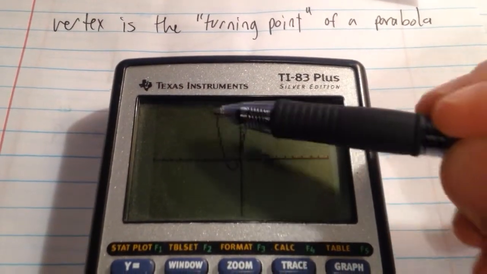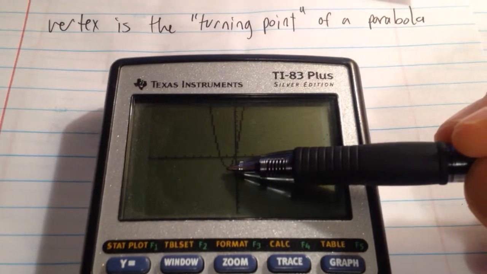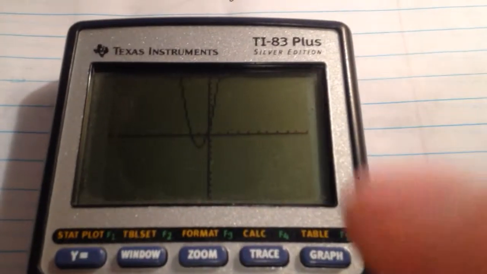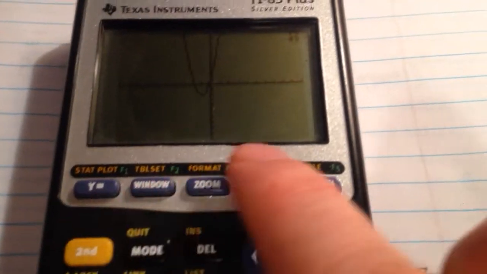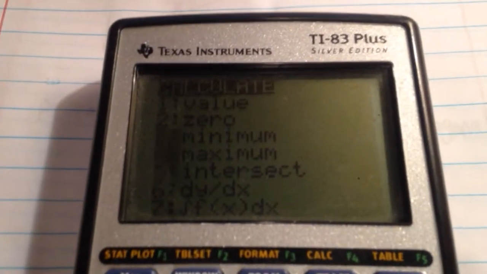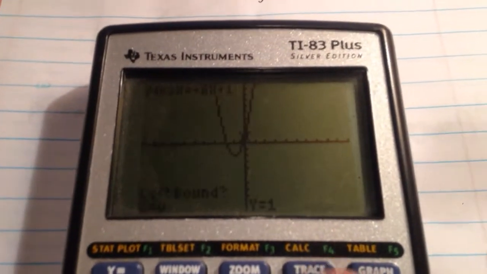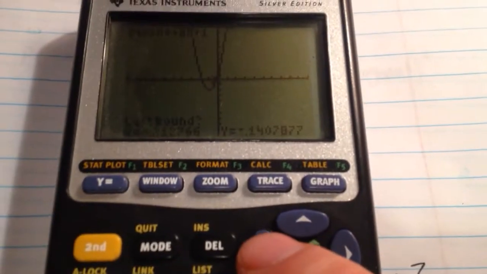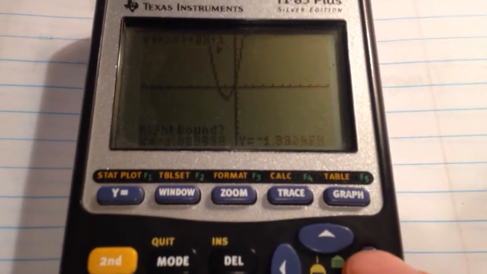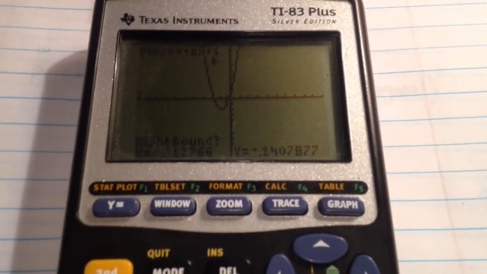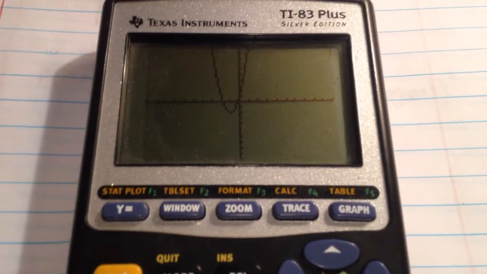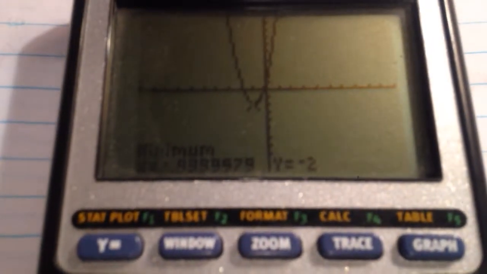This point right here where the graph goes from going down to going up, this is going to be my lowest point. So what I'm going to do is hit second trace, which takes me to calculate, go to the minimum option. I'm going to move my cursor to the left of that lowest point, hit enter, move my cursor to the right of the lowest point, hit enter on when it says guess, and it tells you your lowest point is